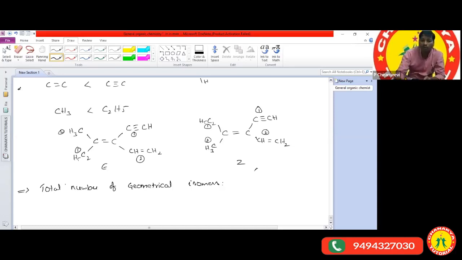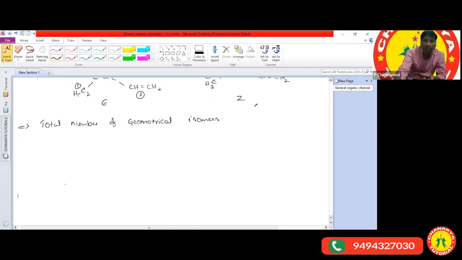Both the corners we have to check here. The first condition is: if the terminals, meaning both ends, are not the same, that is, they do not contain the same atoms or group of atoms, then